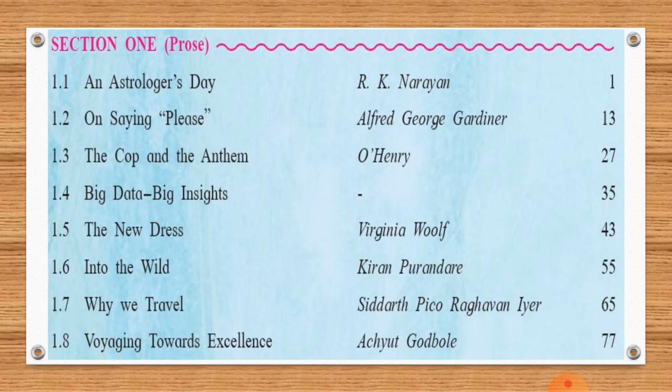Then students, our next lesson 1.4, Big Data, Big Insights, is focusing on the importance of big data and its usage. Then the next lesson is called The New Dress, and it is written by Virginia Woolf. It's a very beautiful story regarding some girls over there. Then 1.6, the title of this lesson is Into the Wild,